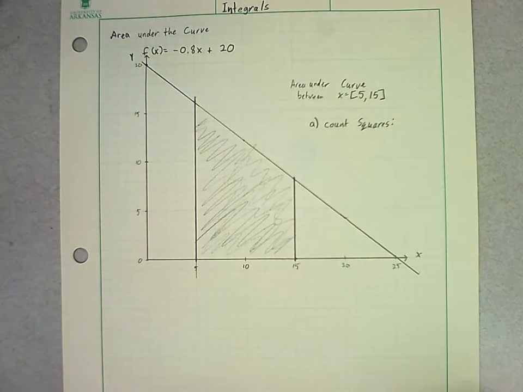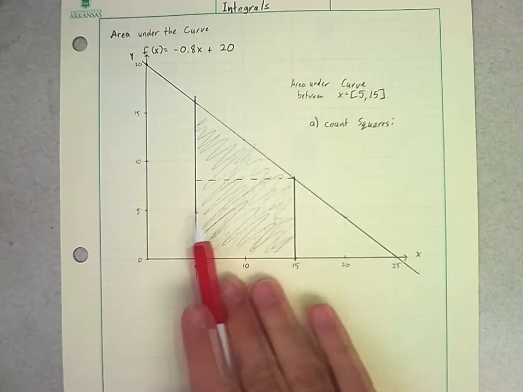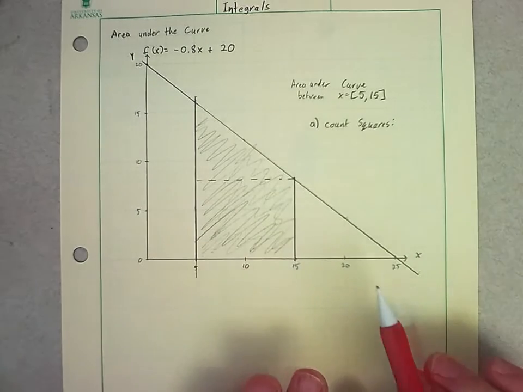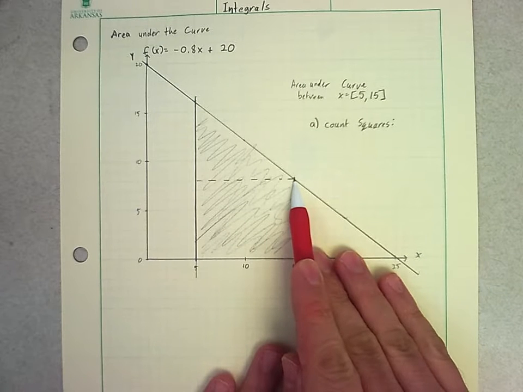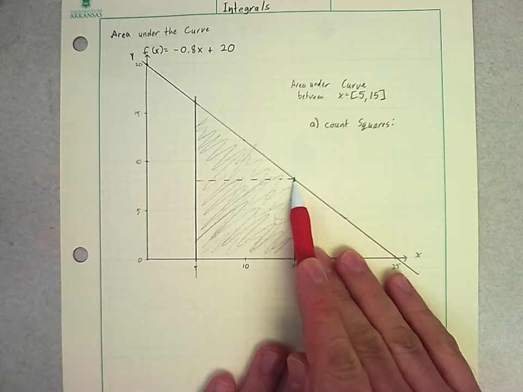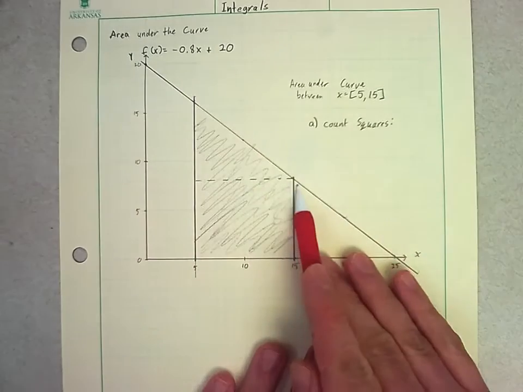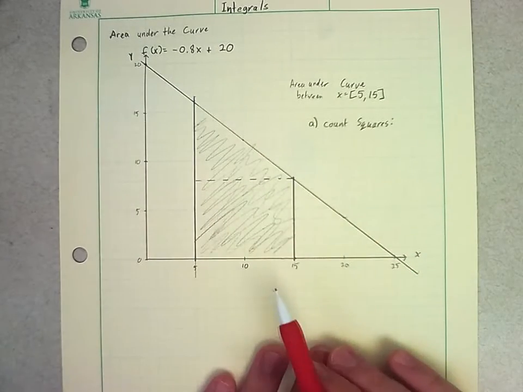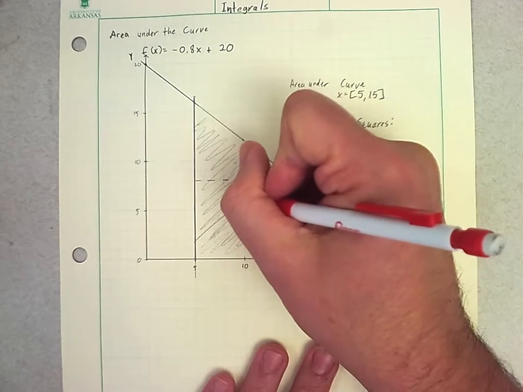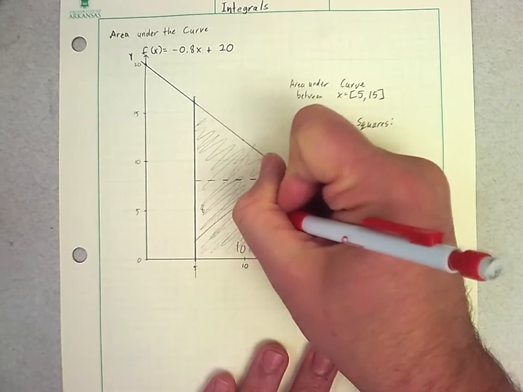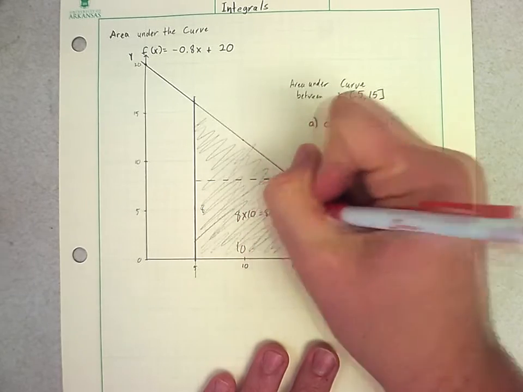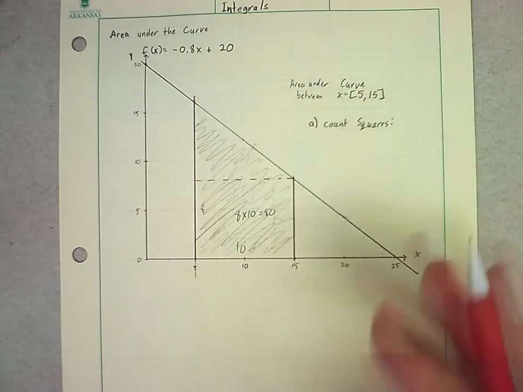So if we start doing that, I'll give you a count row by row, or column by column really. One thing I know that will help is if I draw it up here. I've got this square here, where at 15 the value of the function is 8. So I know from 8 down is all full squares. So I've got an area that's 8 high by 10 wide. So the area of this part is 8 by 10, which is 80. I can just count those squares quickly,